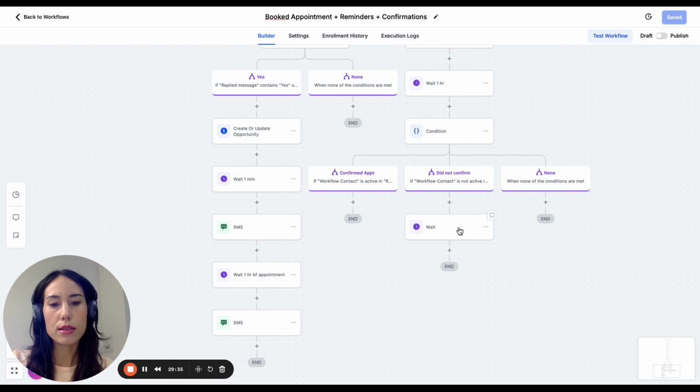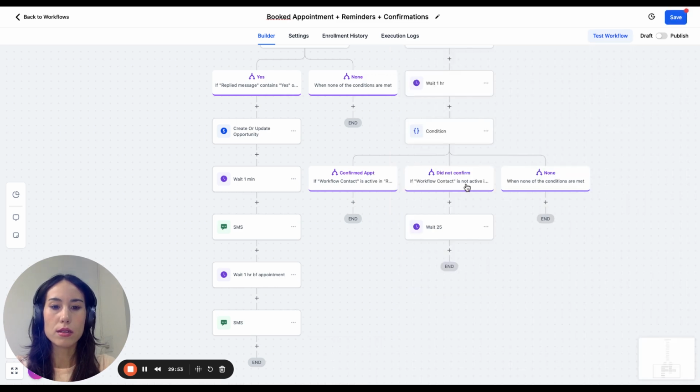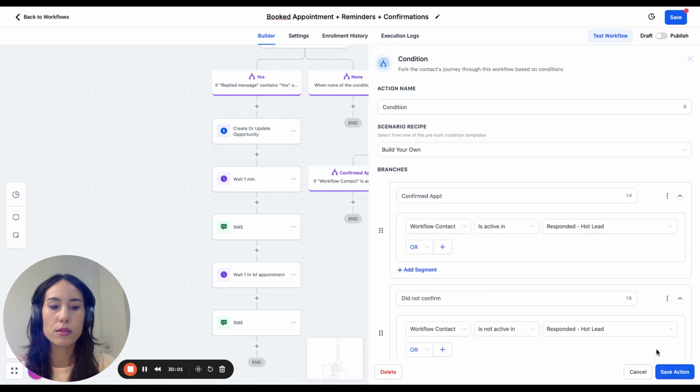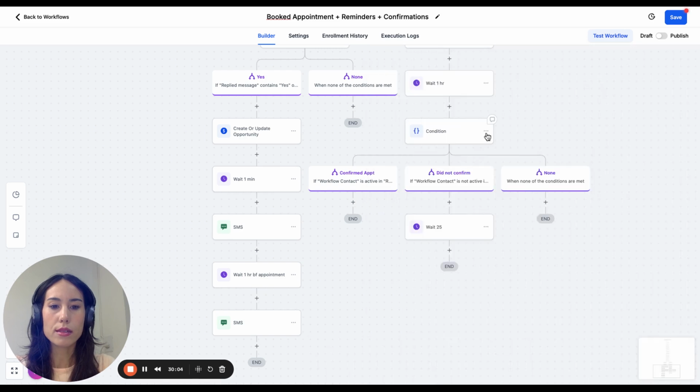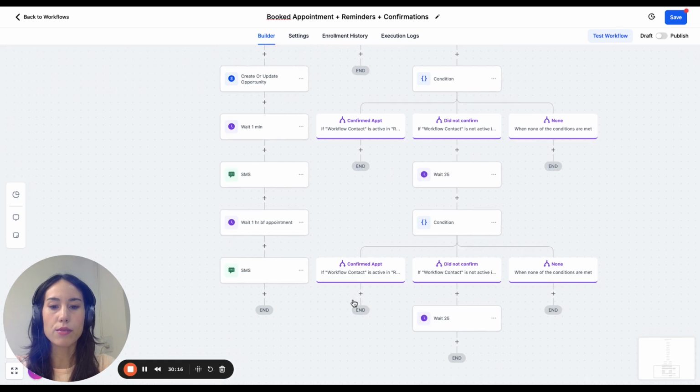Wait, yeah, so 25 minutes if they still are not in, so we wait 25 minutes, and if they still haven't, if they're still not, we can just copy this again, so that the system checks again. Maybe not all actions, but anyway. So after 25 minutes, the system is going to check once again if they confirmed, and if everything confirmed,